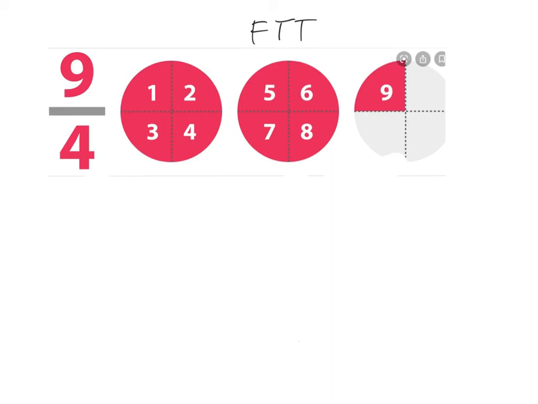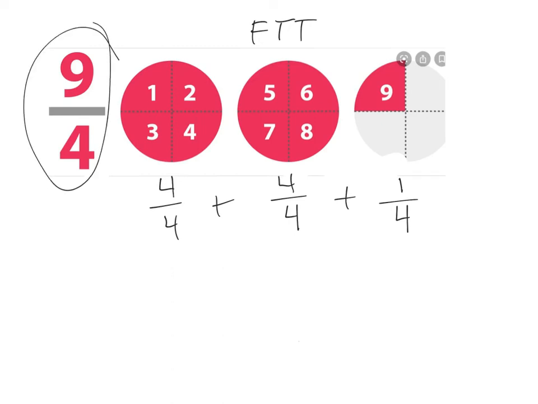So it's divided into 4, but I have more than 4/4, right? This right here is 4/4. This one here is 4/4. This one here is 1/4. So if you add those together, you end up with an improper fraction of 9/4. 4 plus 4 is 8 plus 1 is 9. So anytime the number on top is greater than the number on the bottom, so 12 over 5, 12 is bigger than 5. Therefore, I have an improper